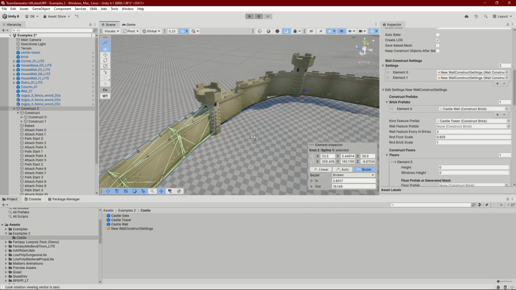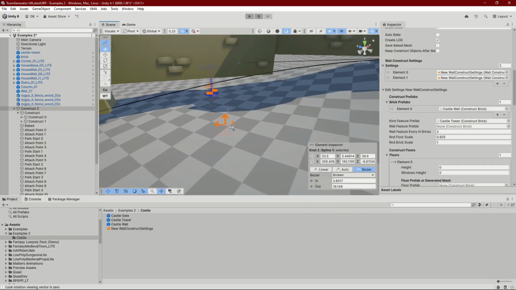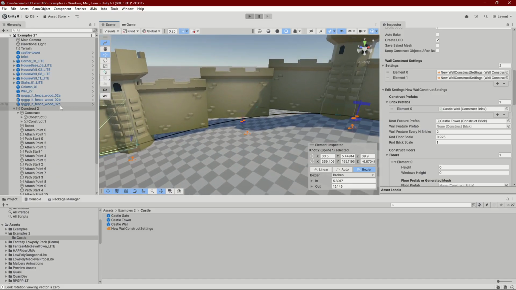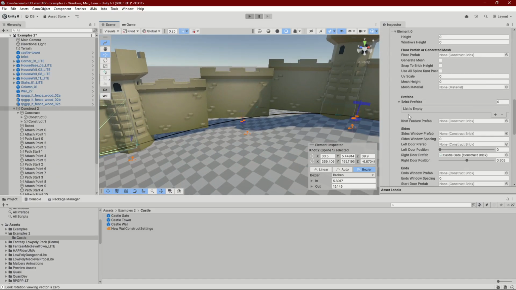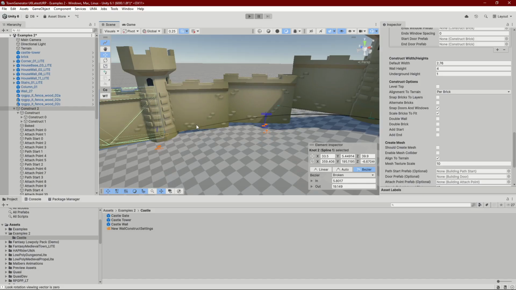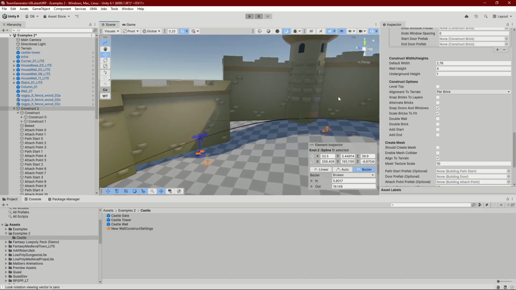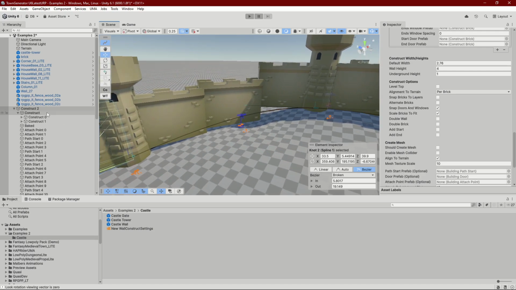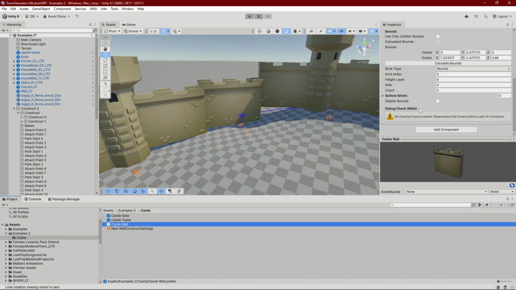Now let's say we want to fix this funny incline. One thing we can try is to switch alignment to per brick. Okay, so that's closer, but yeah, we still have this one too high. Now the one option is on our brick you can lower,